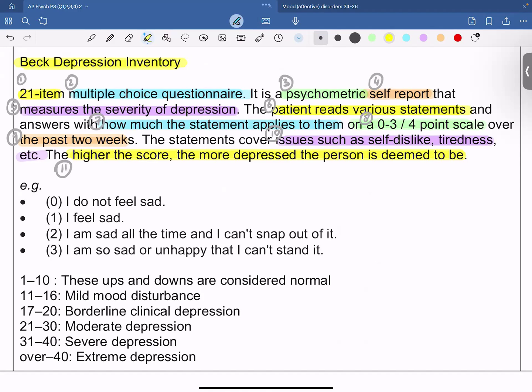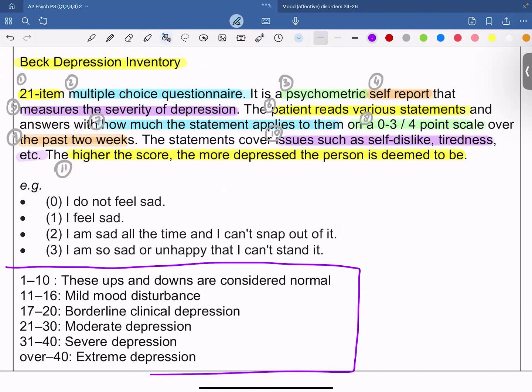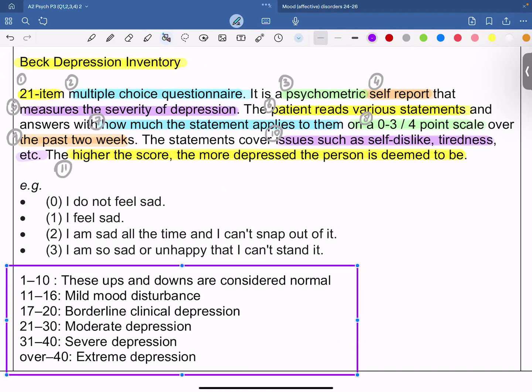Now, over here, these ups and downs are considered normal. This is the criteria, or this is how the scores are operationalized over here. 1 to 10 is these ups and downs are considered normal. 11 to 16 is mild mood disturbance. 17 to 20 is borderline clinical depression. 21 to 30 is moderate depression. 31 to 40 is severe depression. And over 40 is extreme depression, right? Now, taking this ahead,